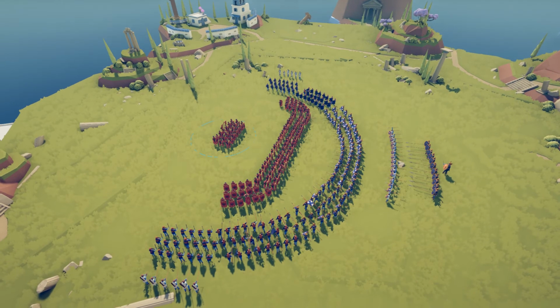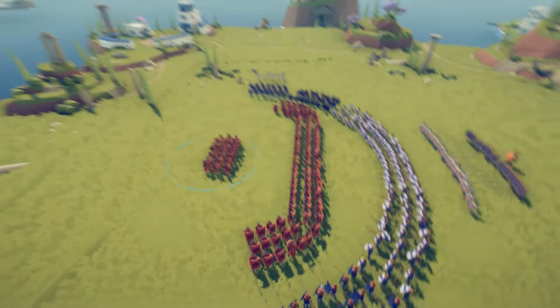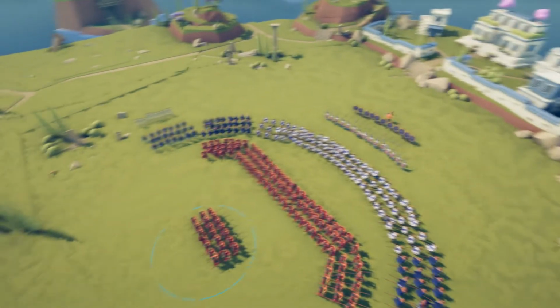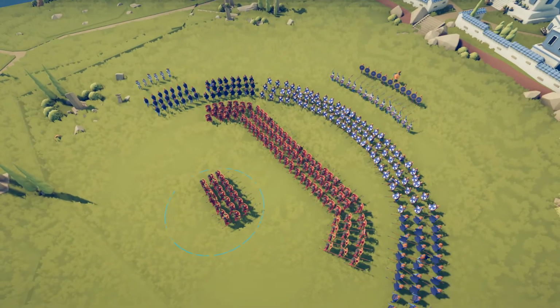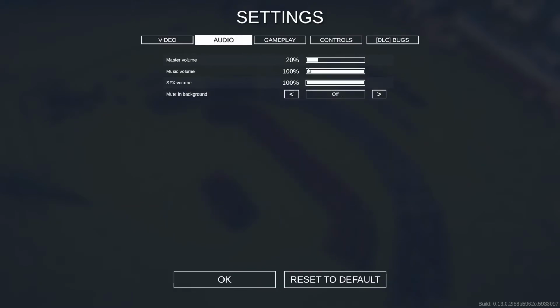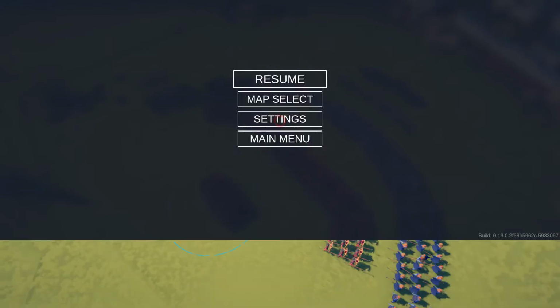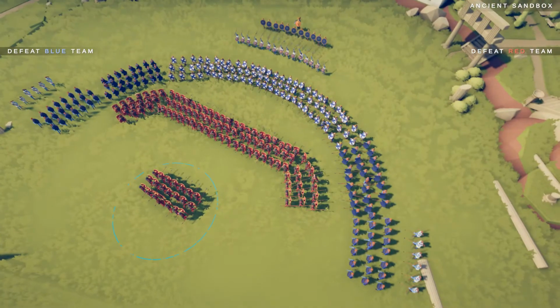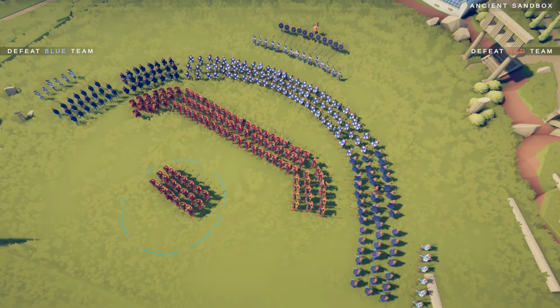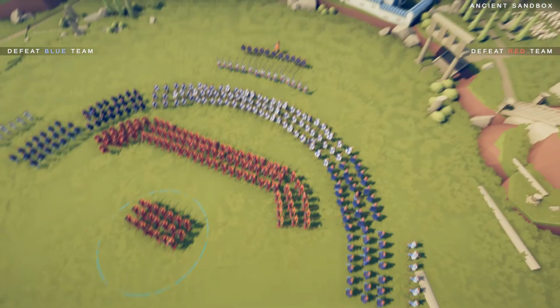And so that's what I've got here. I've got the Romans obviously getting encircled, and then we've got all of the Carthaginian troops around. So for this scenario specifically, I have made a brand new faction. Let me just check. Turn that down a bit. There you go. So yeah, for this battle specifically, I have made a brand new faction, the Carthaginian faction, which